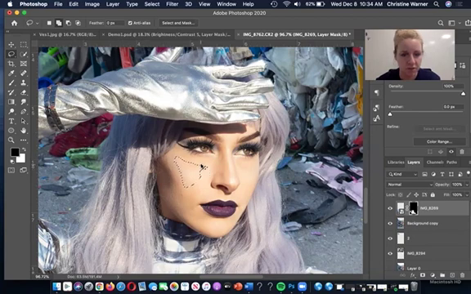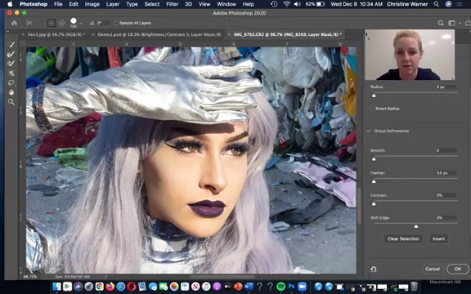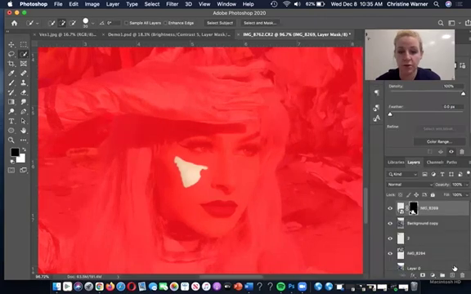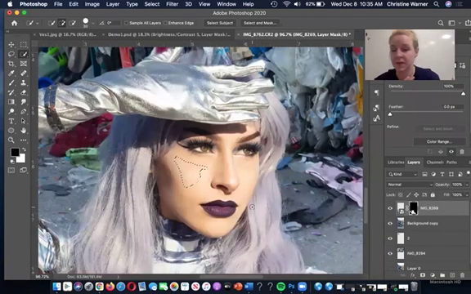It's getting very complicated. There we go, something like that. Okay, so I can check my edge with select and mask. And I might want to have a little bit of a feather option. Not much. Just a little bit. Okay. So now, in order to hide those pixels without being destructive, so I don't want to delete them completely